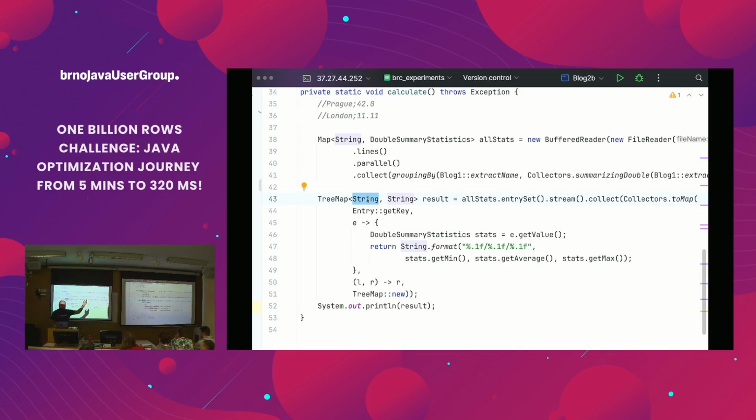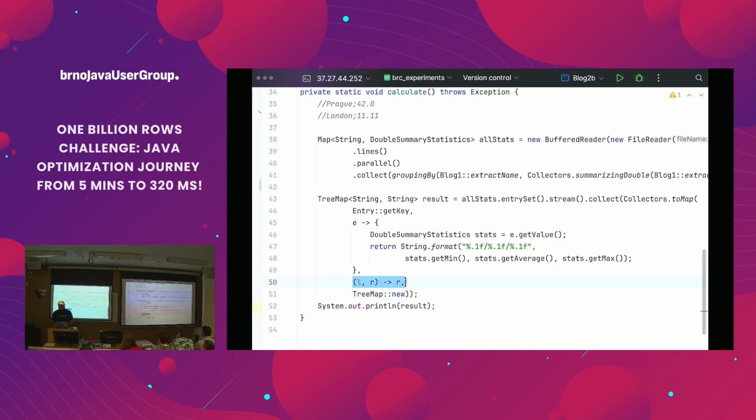So we don't need to do any transformation at all. For the value, this is the value which is in this map. Here we need to do this formatting, right? So basically string format: minimum, average, maximum. This is all provided by the JDK by this double summary statistics.